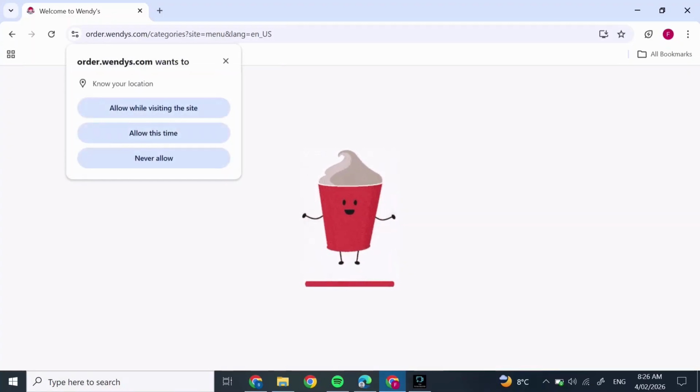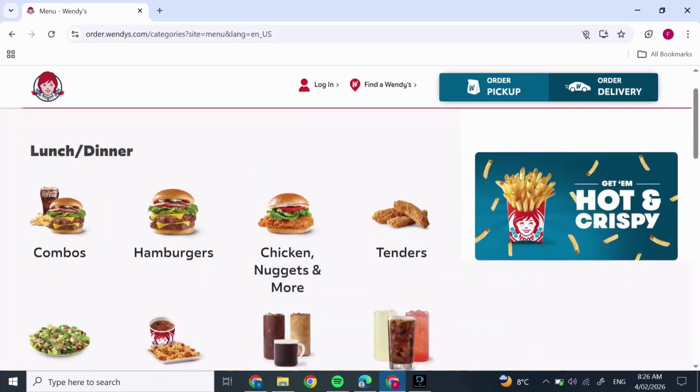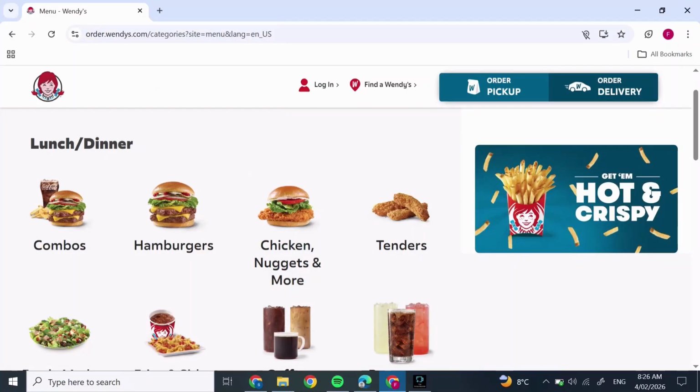You'll find all the menus available. You can scroll through it and you can click on it. After you click on the menu or the product you want to order, you can simply click on it, and